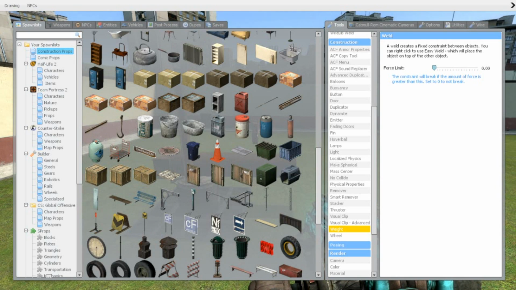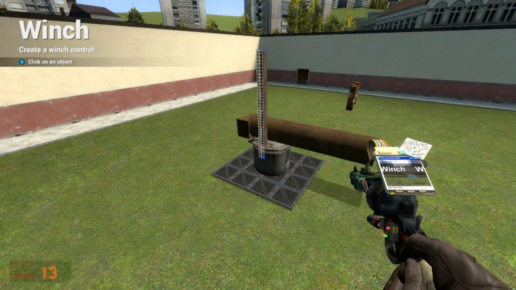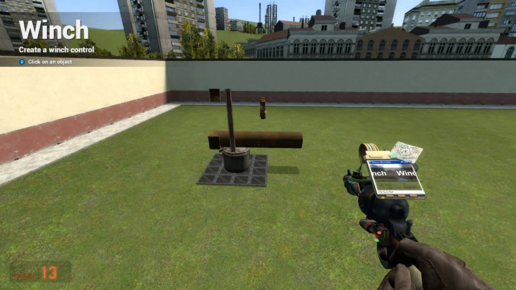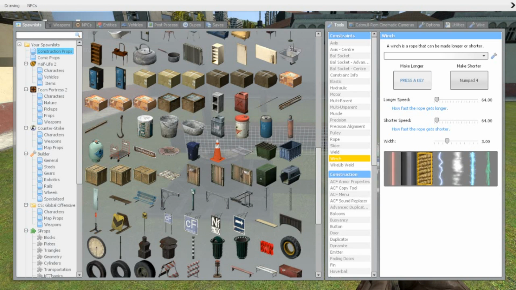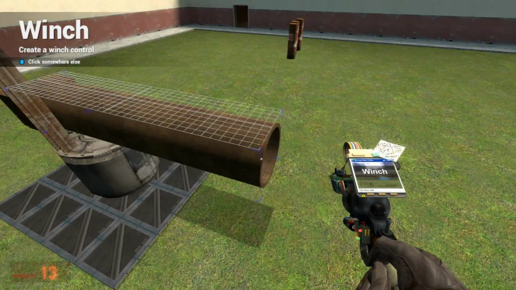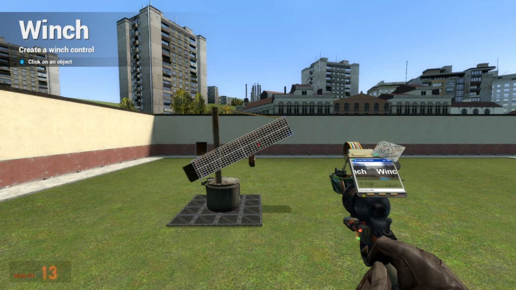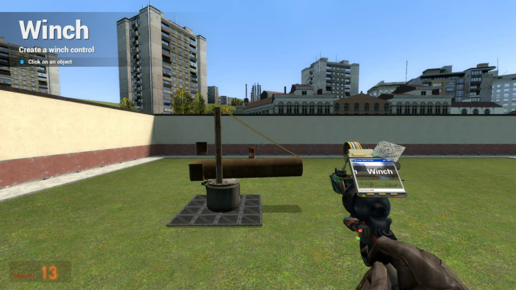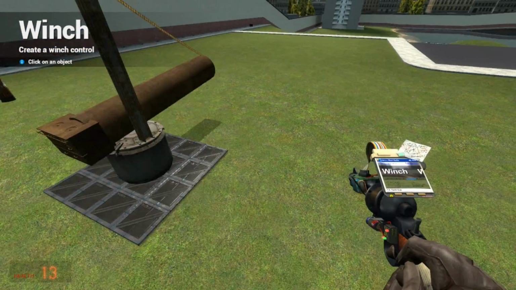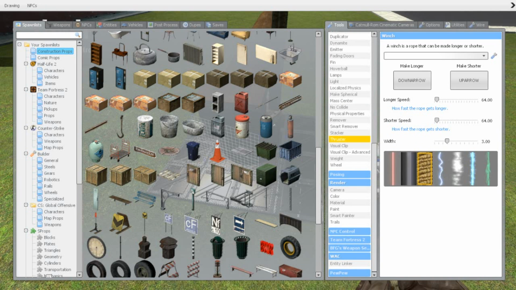Then we will go and select the winch tool. Now is the time we want to select some buttons to, well, basically aim with. I will select the arrow keys. So make longer, arrow down, make shorter, arrow up. And that should be all good. The top of this one and the top of that one. And we can now use this to aim. Isn't that good? Now we will of course need to use some more buttons, and for that we will use